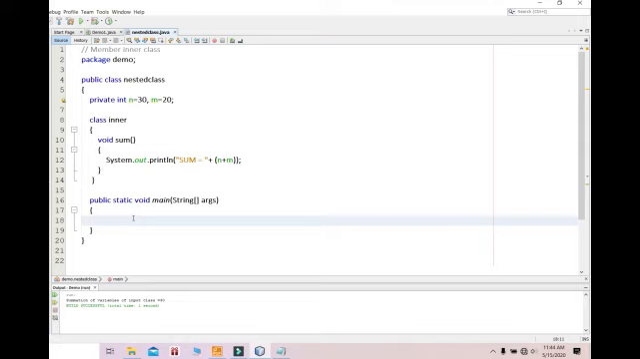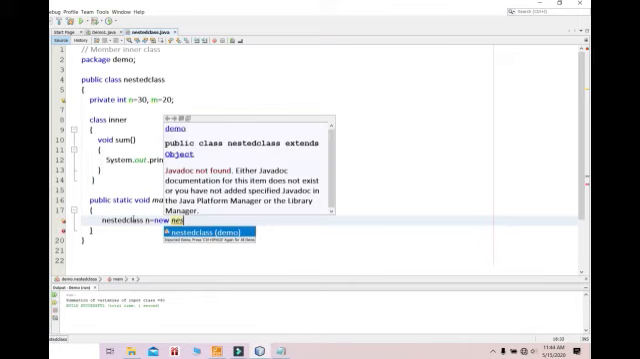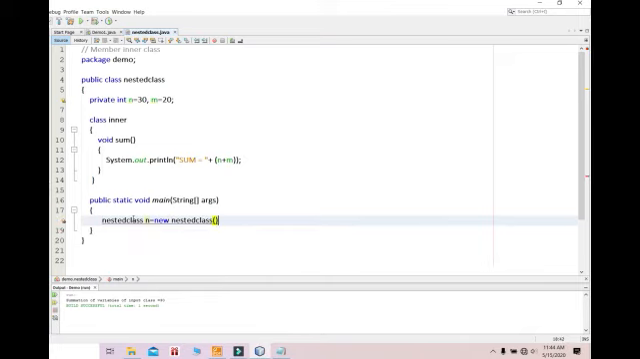Outer class is NestedClass. Is it? NestedClass n will be equivalent to new NestedClass. That means we have created the object of the outer class. And if we are going to use it like this, n dot